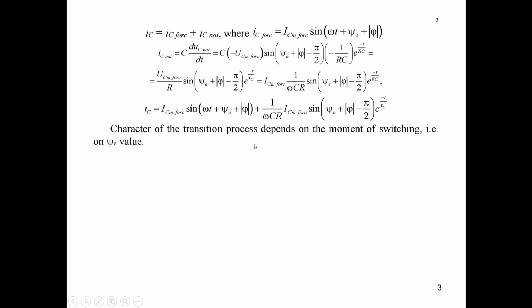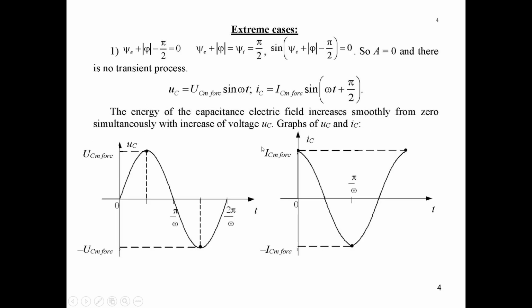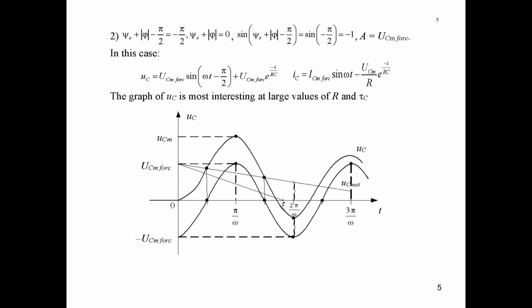And we have here several cases. First, when we have no transient processes at all at such a connection between psi and phi, when their level is equal to 90 degrees, and second, the bad case, I mean for electrical schematics, the bad case,